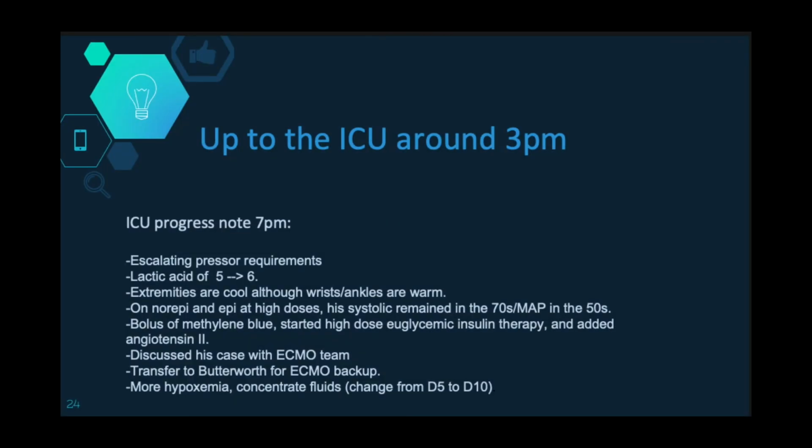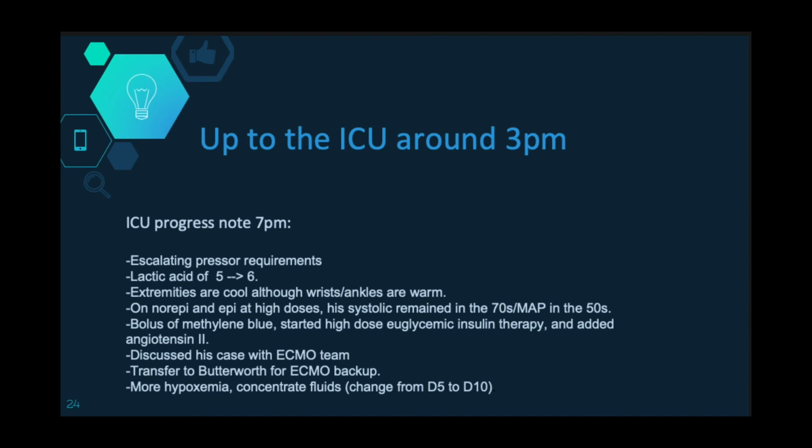So here's more of his course. He gets up to the ICU about 3 p.m. on day 1. The progress note from the ICU at 7 p.m. says he has escalating pressure requirements, lactic's going up, his extremities are cool, although the wrists and ankles are warm. He's on norepi and epi now at high doses. His systolic is still in the 70s with MAPs in the 50s. He gets a bolus of methylene blue and is started on high dose euglycemic insulin therapy at that time,